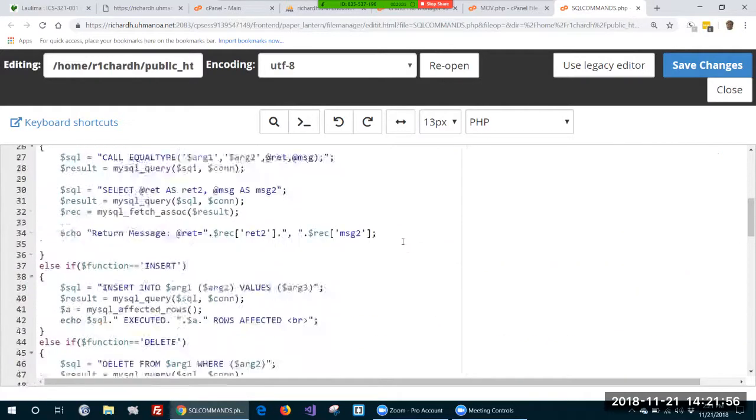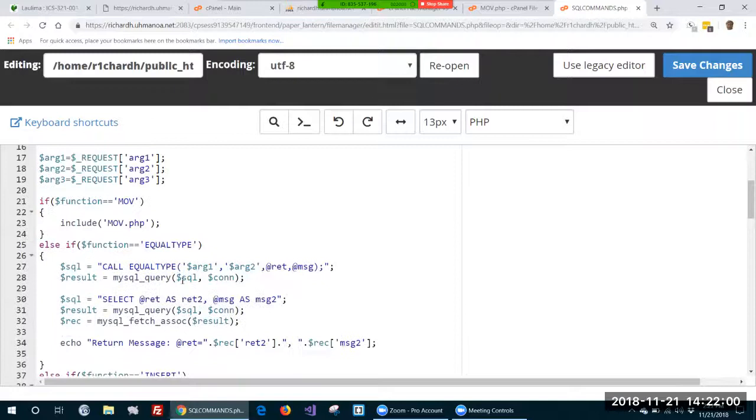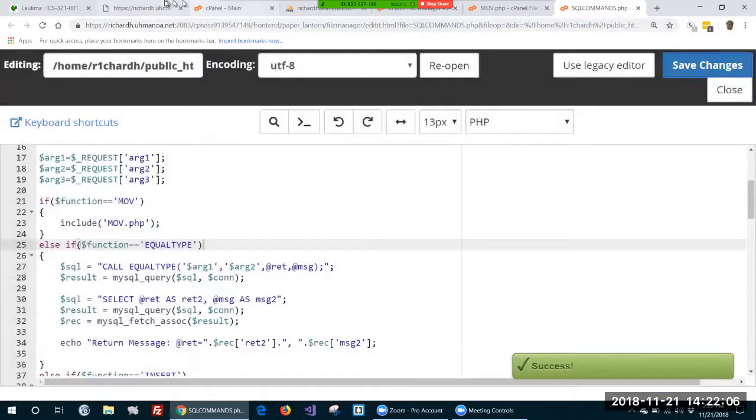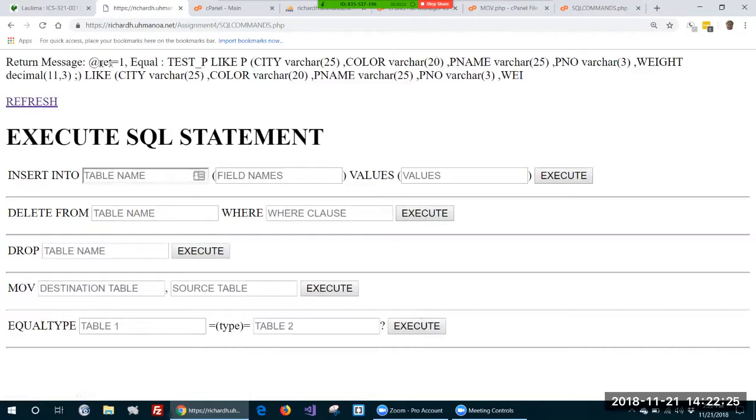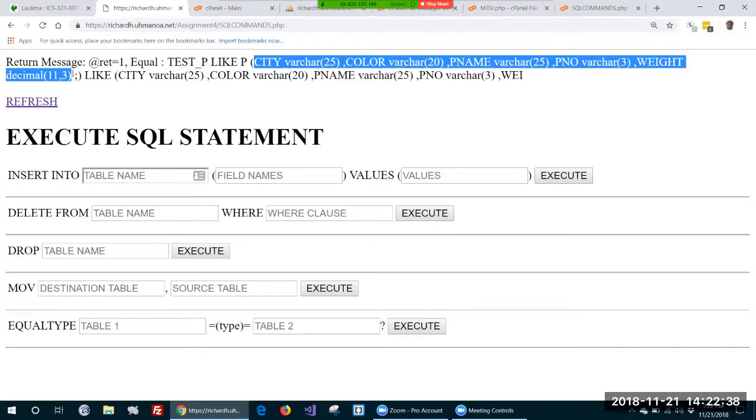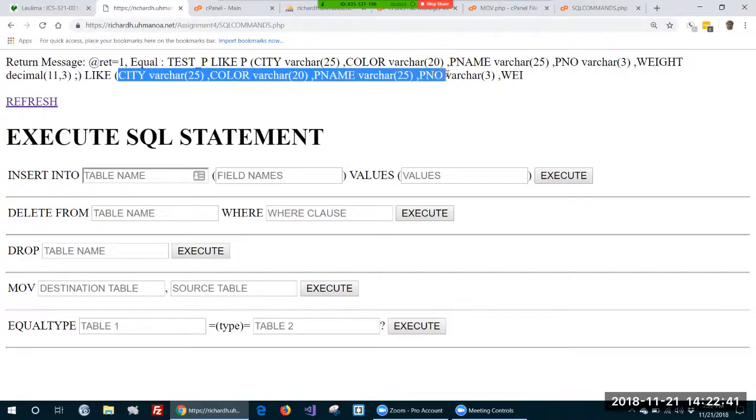All right, equal type. That's what it's called, right? Equal type. Okay. Save changes. Let's go to here. Hit refresh. Okay. Equal type. Test P should equal P. Equal test P like P. Oh, this says what it is. This is the create statement for test P, and this is the create statement for